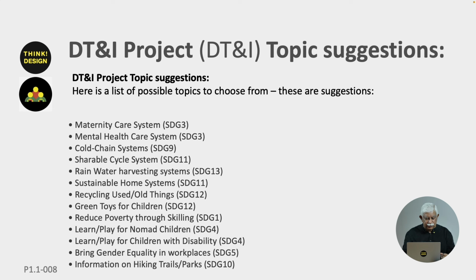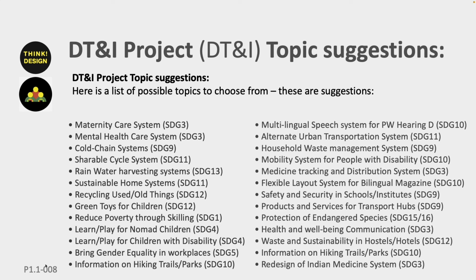These are possible topics to choose from. You could choose from maternity care systems, mental health care system, cold chain systems, shareable cycles, rainwater harvesting systems, sustainable home systems, or recycling old things, green toys for children, reduce poverty through skilling, learn or play environment for normal children, learn or play environment for children with disability, bring gender equality in workplaces, or information on hiking trails, parks, multilingual speech systems for persons with hearing disabilities, alternate urban transportation system, household waste management system, mobility systems for people